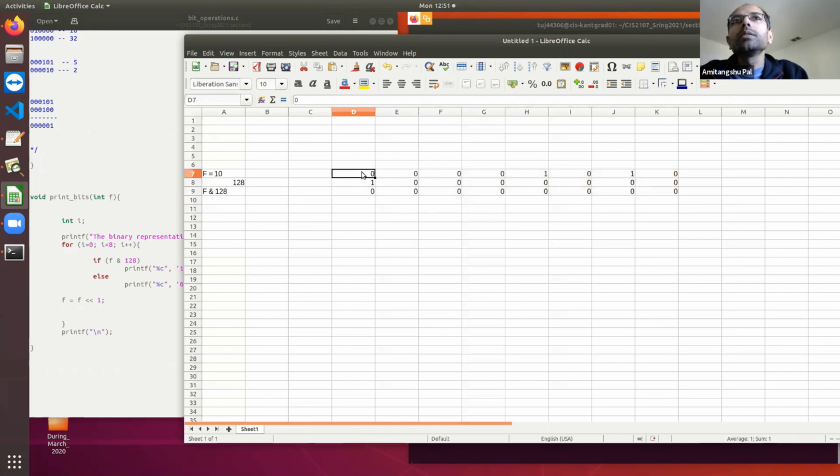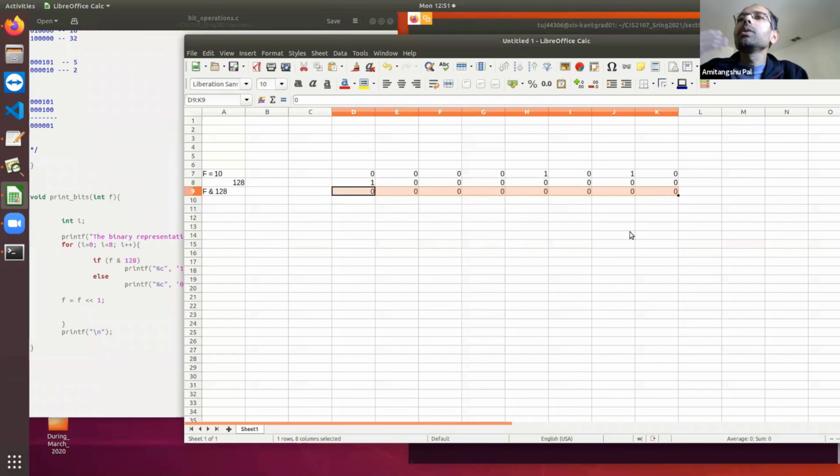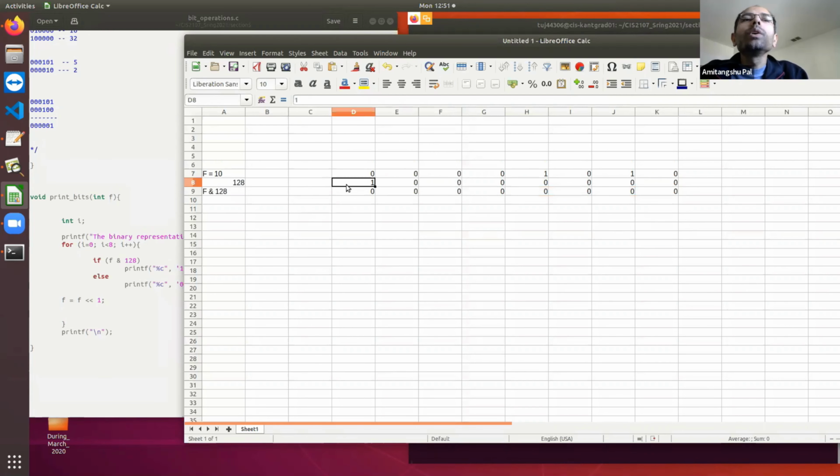And if this place is 1, then irrespective of whatever is there in the other places, this number is going to be 1 followed by all zeros. That means this number is going to be non-zero. Clear? So basically, ANDing with 128 is testing whether this particular position is 1 or 0.